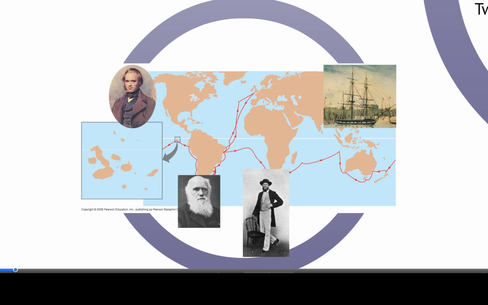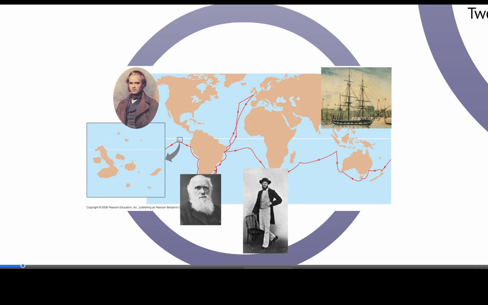Darwin is the one who's most famous and known for this because he went on 2 years later to publish a book, which is The Origin of Species, where he expanded upon the theory, and that's why Darwin really gets credit. Although there's some question historically whether Darwin would have published at all if Wallace hadn't sort of pushed him towards it. Darwin was very aware of the possible religious implications of his work. His wife was a very religious woman, and that was part of what kept him from moving forward to publish.